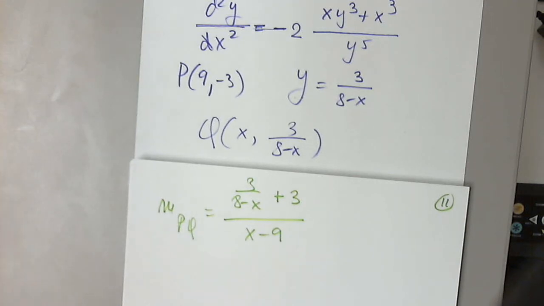So once I have that, I go to y equals. And in y equals, I plug in this particular function. In parentheses, be very careful with parentheses here. 3 divided by, in parentheses, 8 minus x. And then plus 3 outside. And close the parentheses. And you divide in parentheses by x minus 9. And then you just type in the corresponding values. And then I get closer and closer to 9. I cannot plug in 9 because it will be